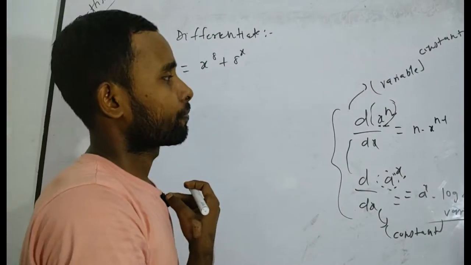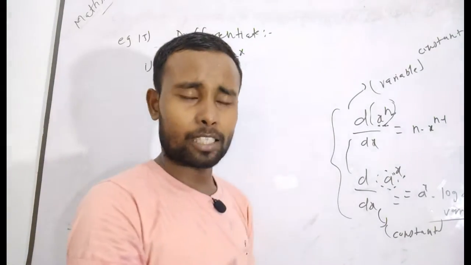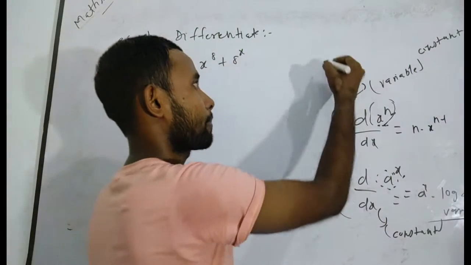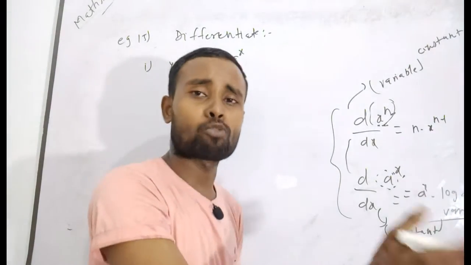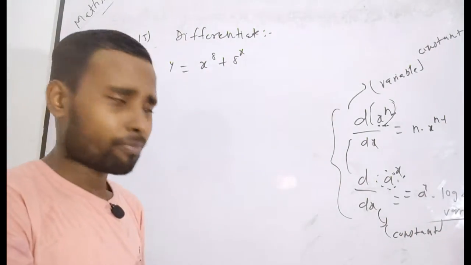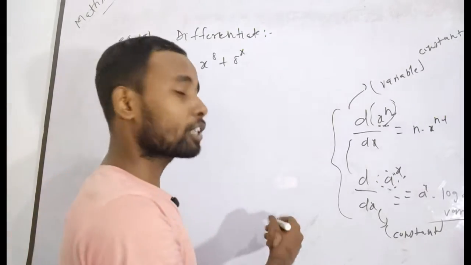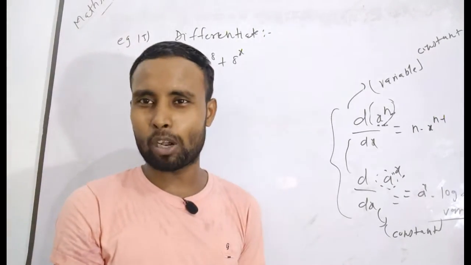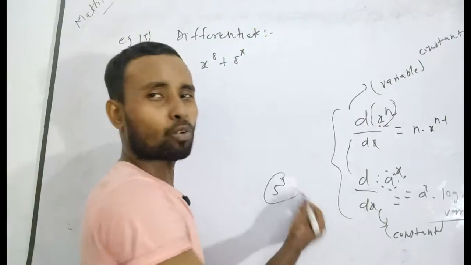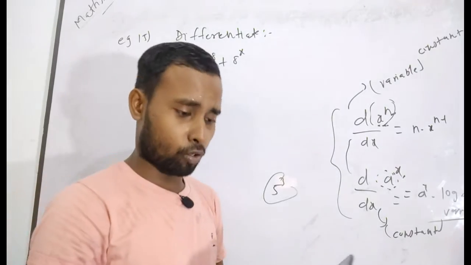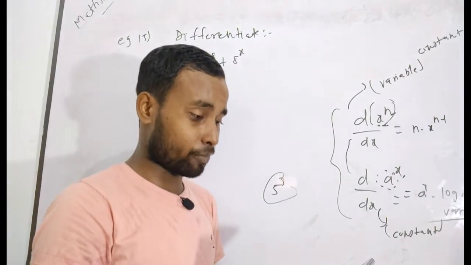And third, in the next class, or the one after, you will discuss variable to the power variable. That will be solved in a totally different way. That's why I do not like to discuss it here. And the other one will be constant to the power constant. Constant to the power constant is always constant. That means 5 to the power 3 is constant. Its derivative will always be 0. That's why don't get confused while taking it.